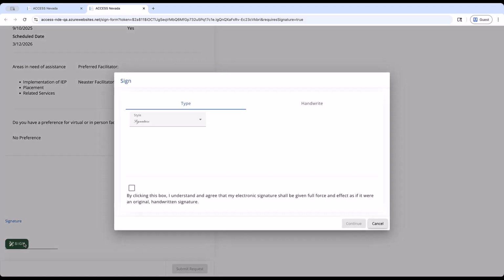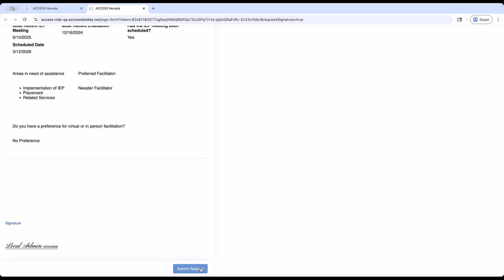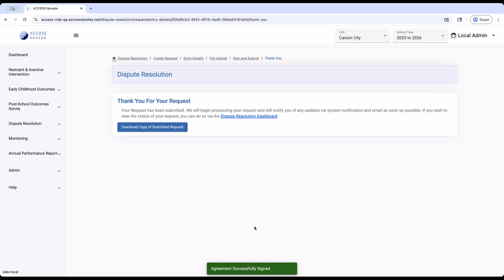A signature modal will appear. Select your style preference and click the electronic signature box. Click Continue. Click the Submit Request button. You will then see the Thank You page where you may download a copy of the submitted request or navigate to the